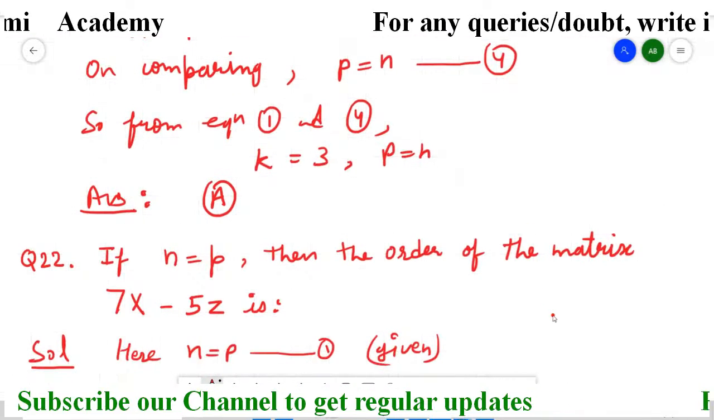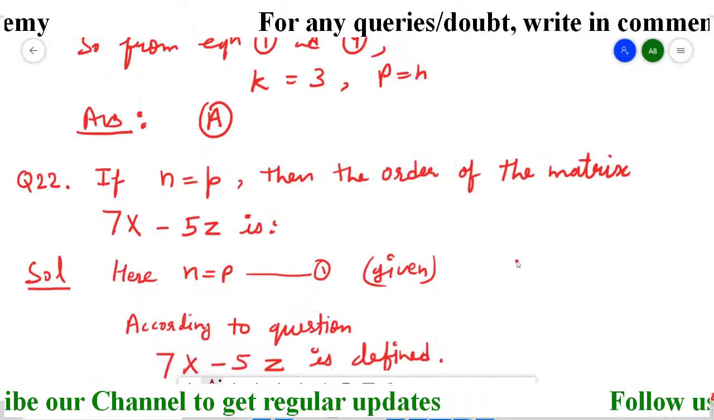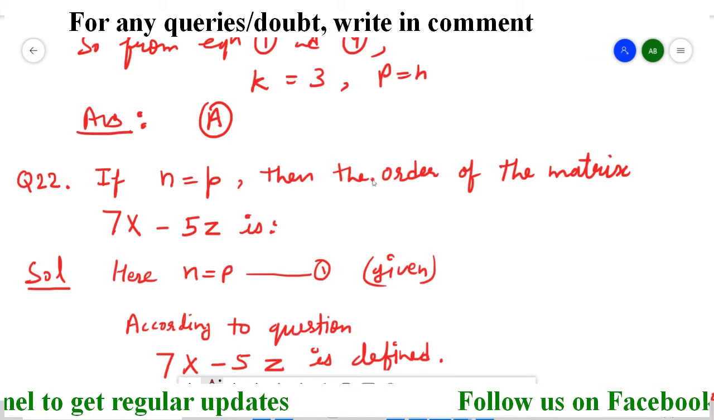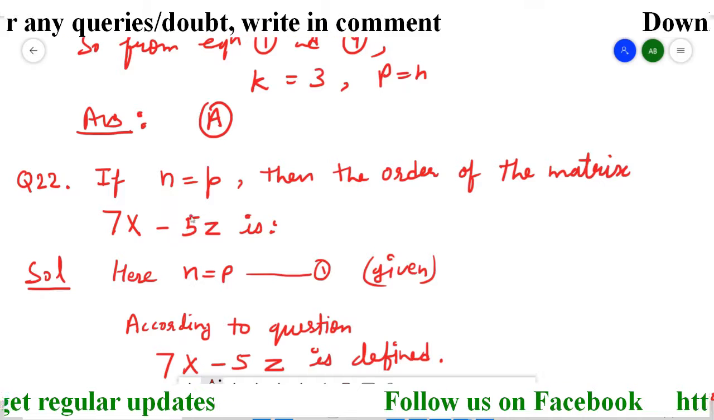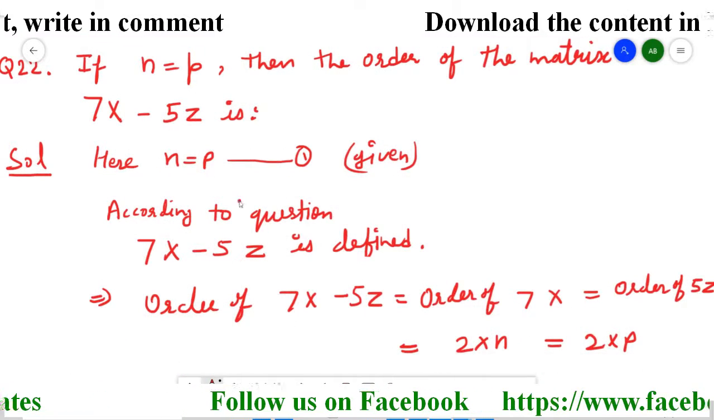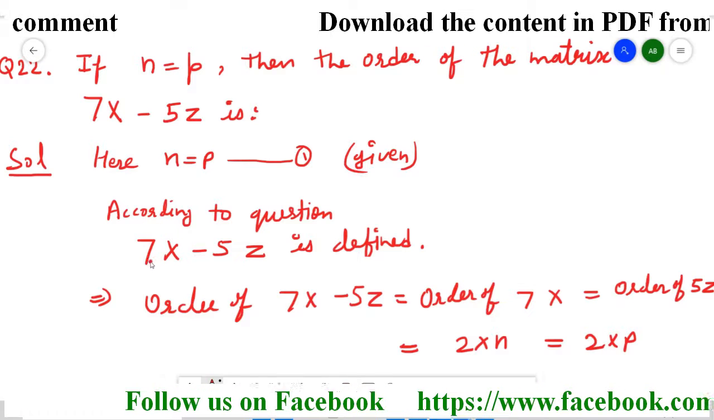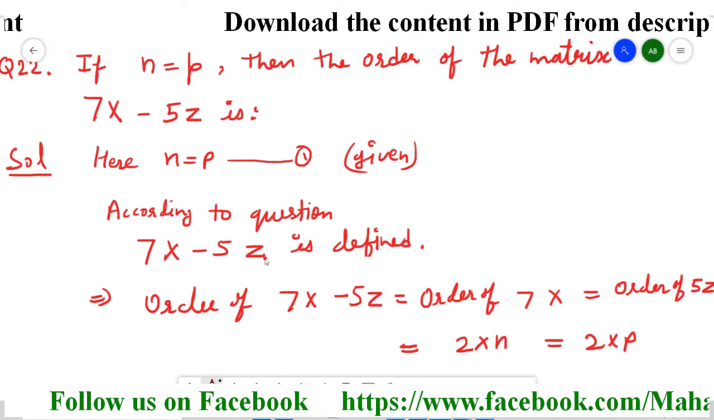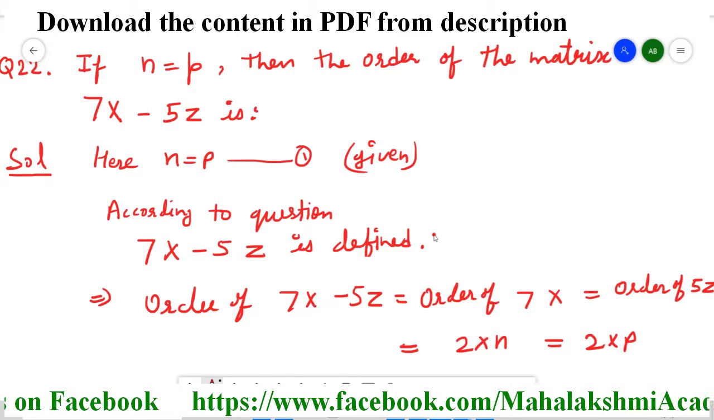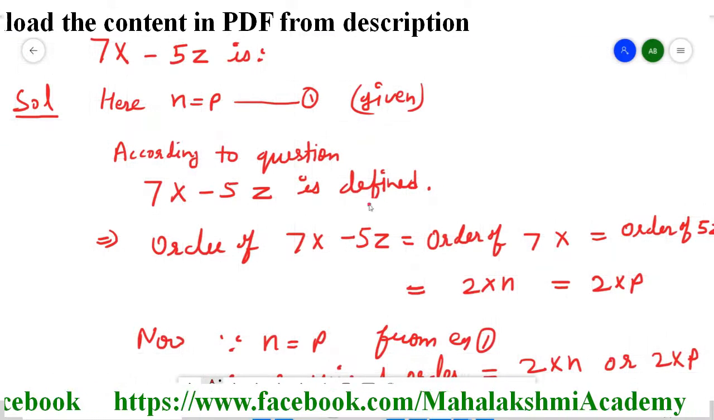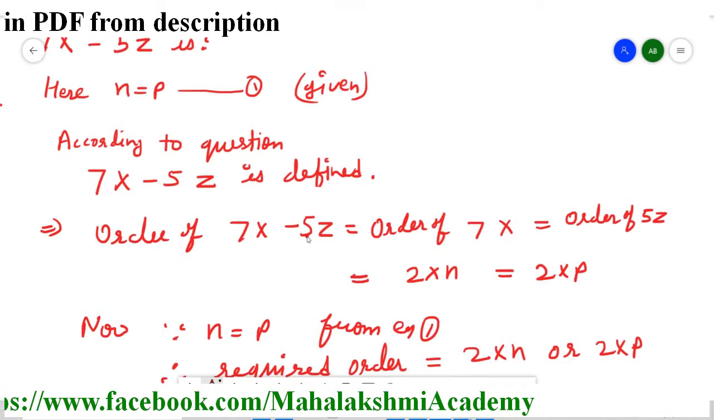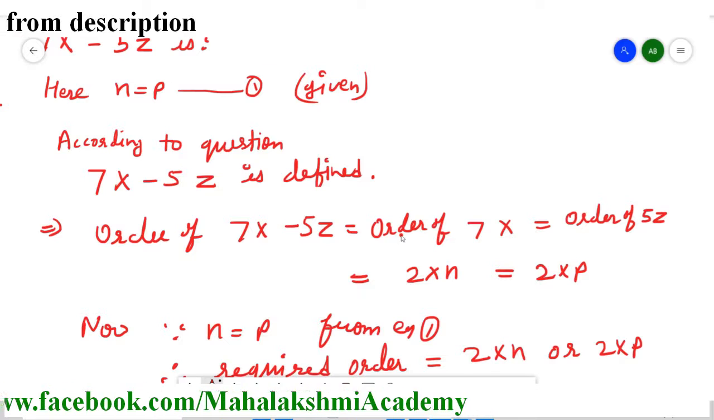Now we'll move to question number 22. In 22, it is given to us that n is equal to P, then we have to find the order of this matrix. So first I wrote here n equal to P, given to us according to the question. 7 multiplied by x minus 5 multiplied by z is defined. From this information, because it is already given to us, the order of 7x minus 5z is equal to,